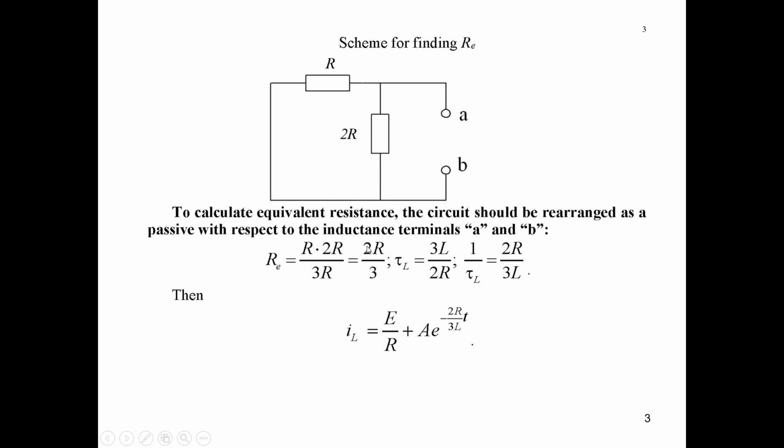So it will be 2/3 of R. Tau L will be equal to L over R equivalent, L over 2R, and 3 will be in the numerator. 1 over tau L will be inversely proportional to this expression, it will be 2R over 3L,